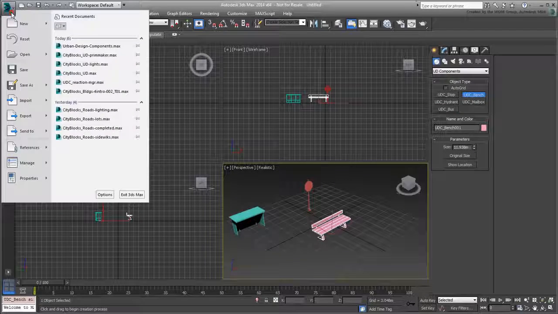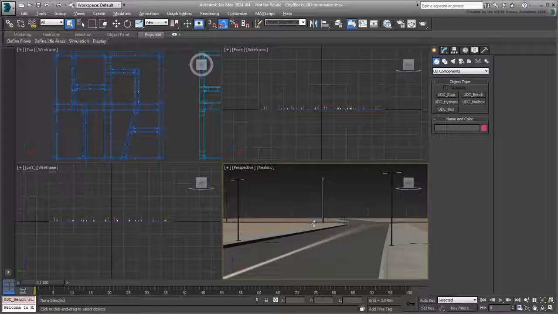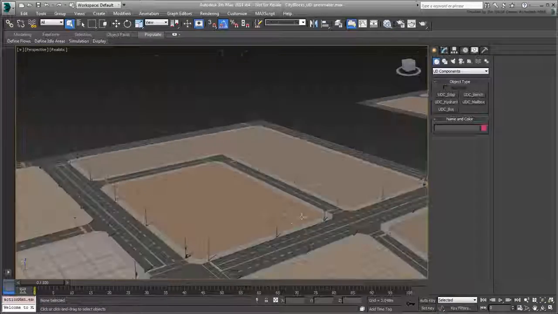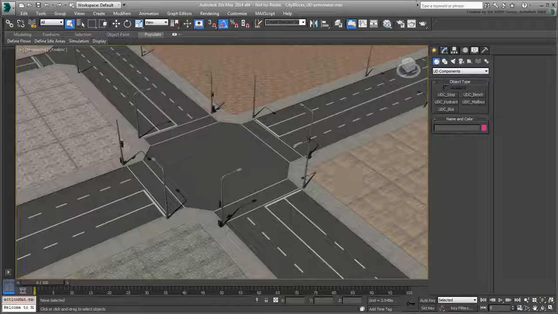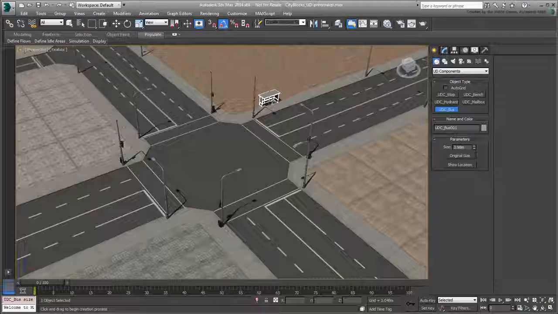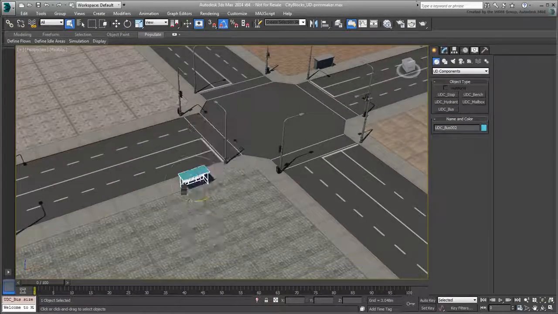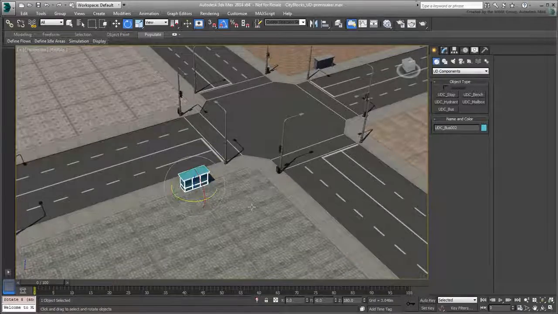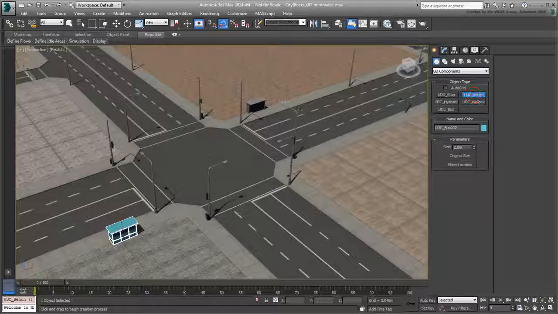Use your file or open CityBlocks UD primmaker.max if you need to catch up. Maximize the view in perspective mode and zoom in on the center intersection. Start by placing a bus stop shelter or two near the intersection. Use standard transform tools to position and orient the objects in place. Similarly, place a bench or two nearby,